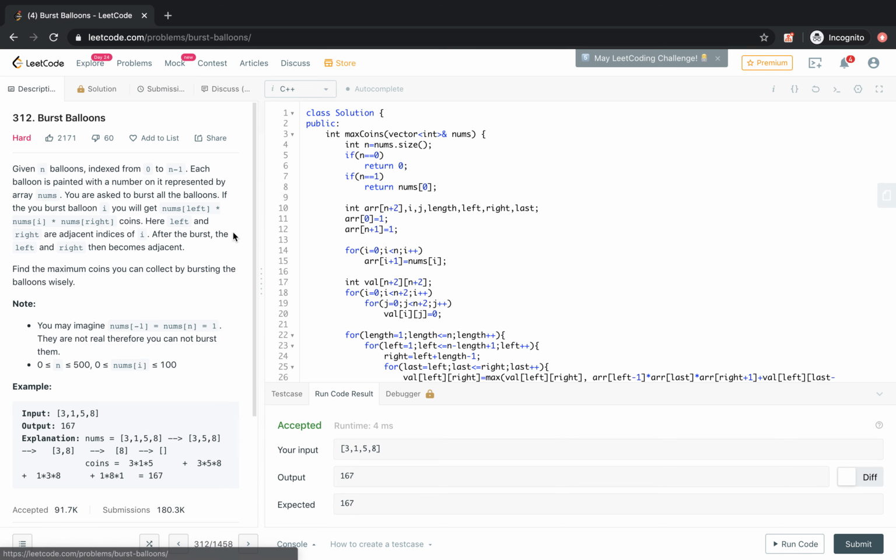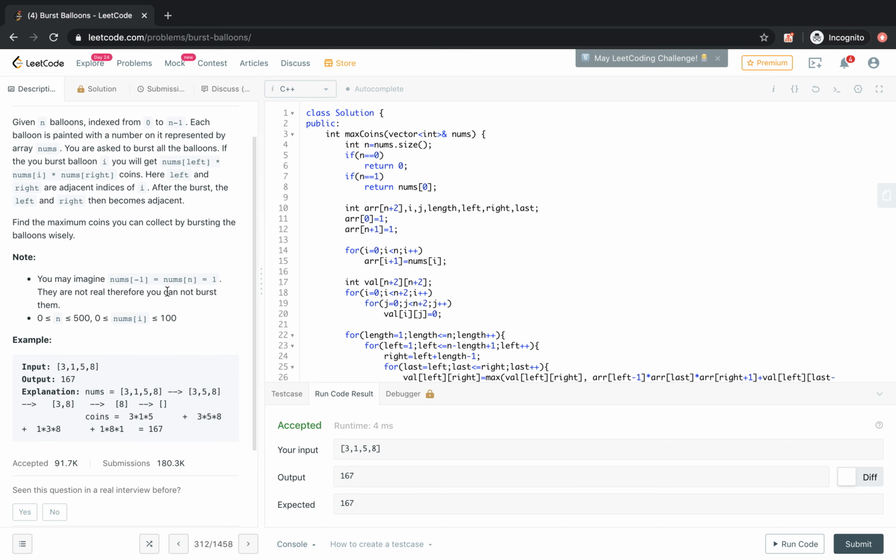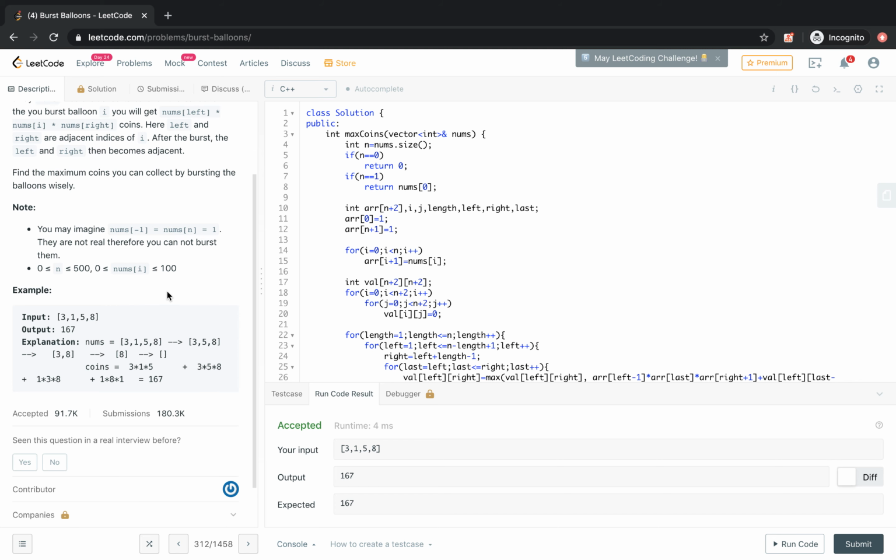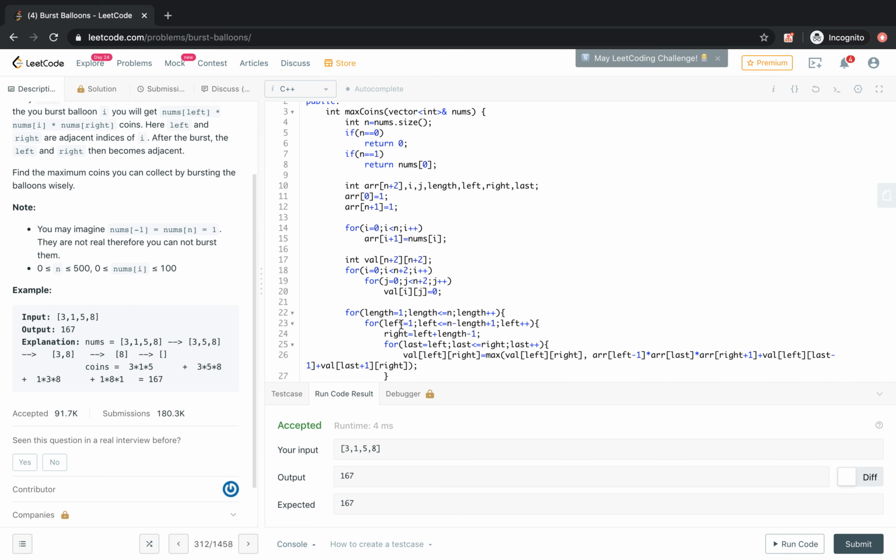So once again, to wrap up the video, the problem was to find the optimal cost to burst the balloons for a given array. We tried to solve this problem with a dynamic programming approach. We broke the problem into sub problems length-wise, so length 1, length 2, and so on.